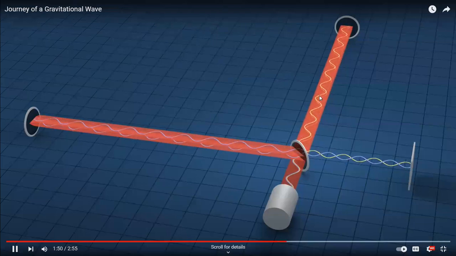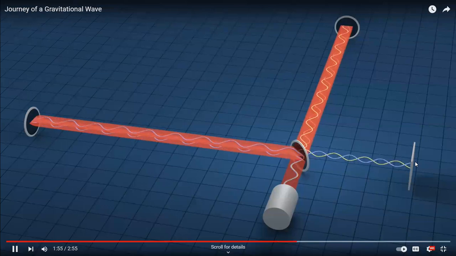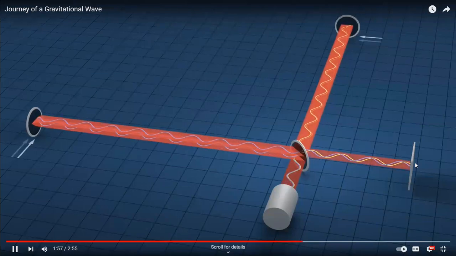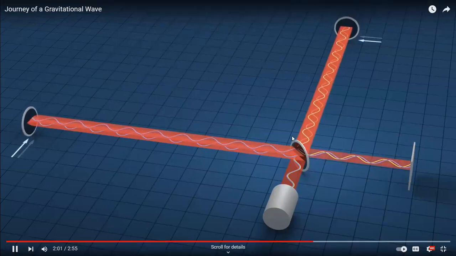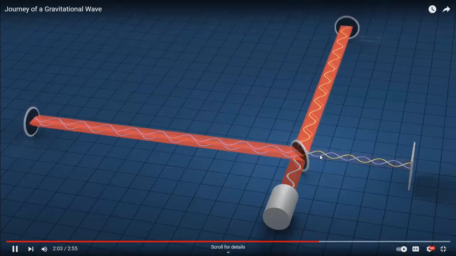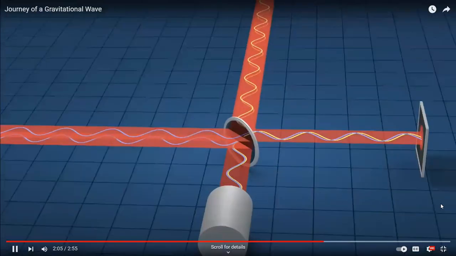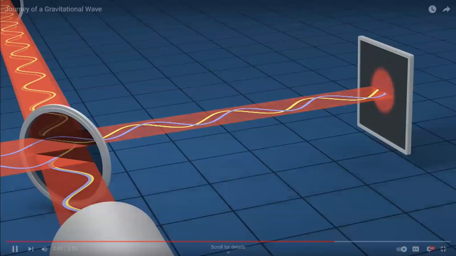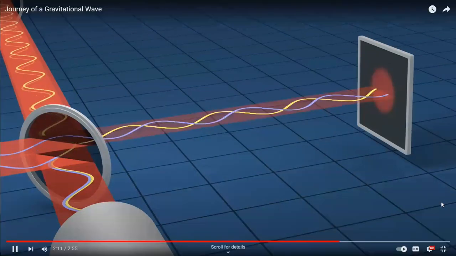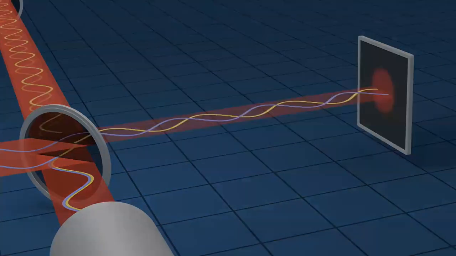As the gravitational waves pass, the distance between the central beam splitter and the mirror structure stretches along one arm and compresses along the other. This changes the time it takes the light to travel along the two arms. The recombined light waves shift with respect to one another and produce a signal at the detector. Incredibly tiny stretching and squeezing of space can actually be measured directly in this way.